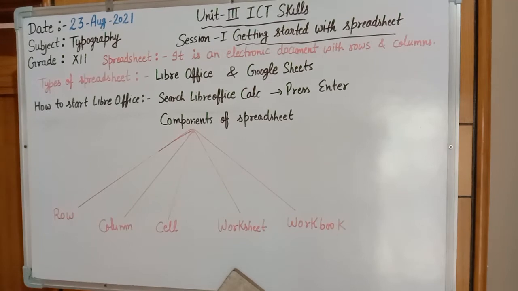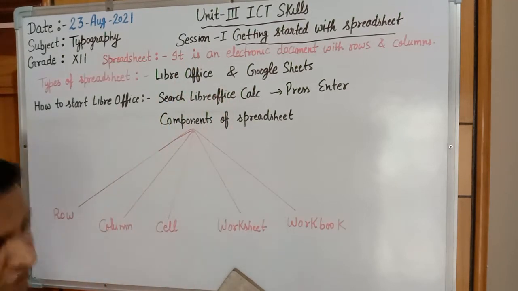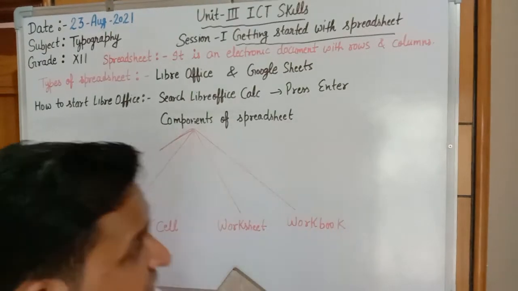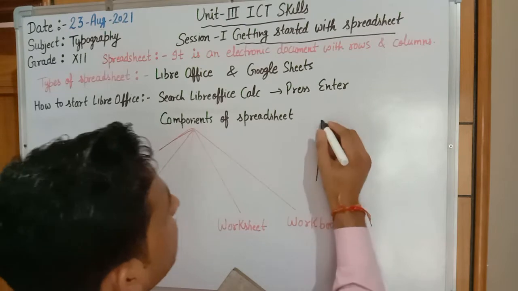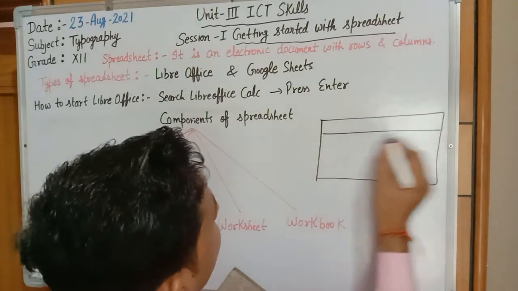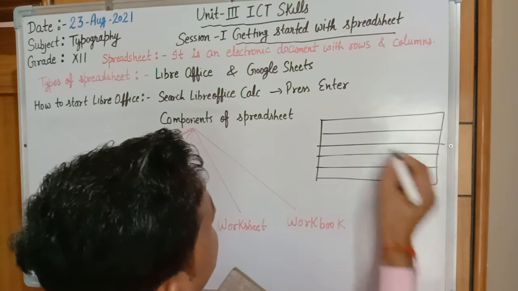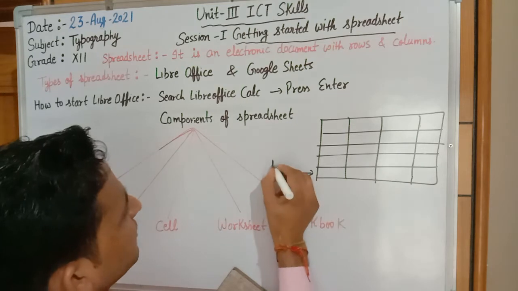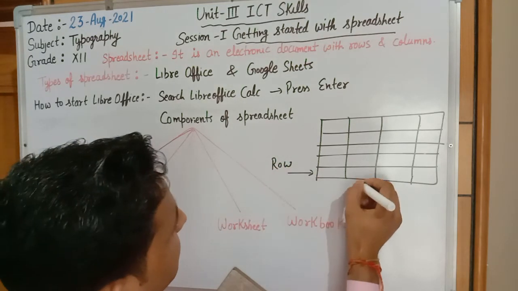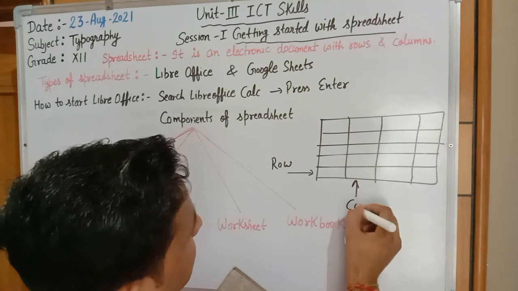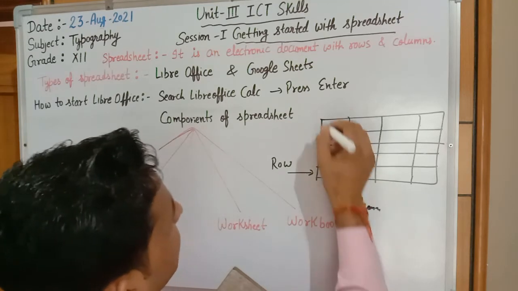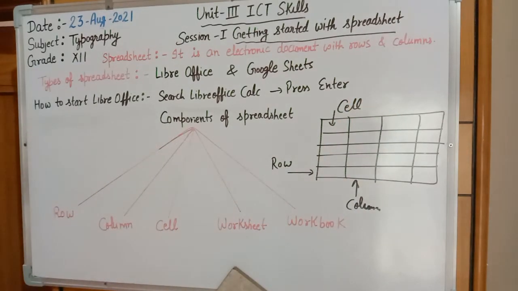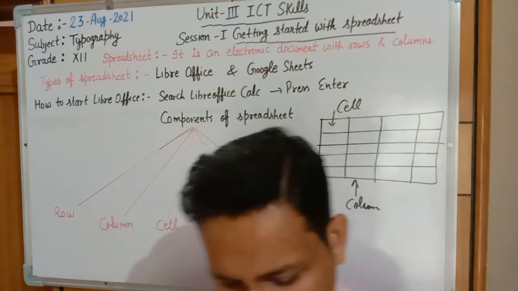So, what do you mean by spreadsheet? Spreadsheet is an electronic document that contains a group of rows and columns. So it is a sheet that contains a structure of rows and columns, like you know very well, the format of spreadsheet is in this form. In this, a complete horizontal part is known as row, a complete vertical part is known as column, and a single box is known as cell. It is the structure of a basic worksheet. It is an electronic document with rows and columns.